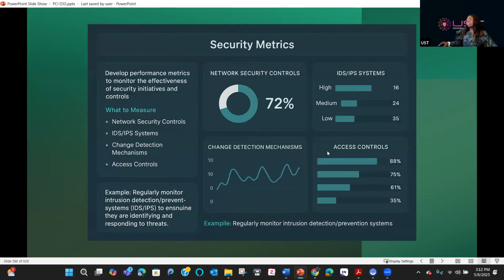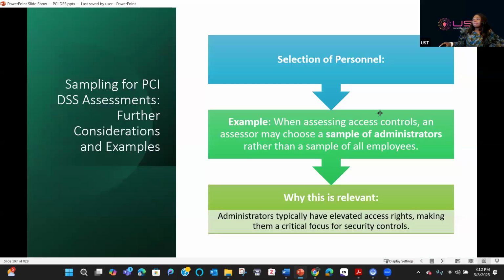And this gives us an example of the metrics that we discussed. The security metrics, if you have a dashboard, you can see the unit appears and that using network security controls, and then change detection pattern. Remember what we discussed, access control and the like. Then talking about